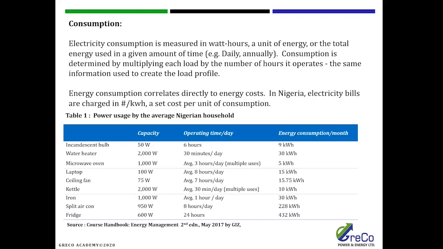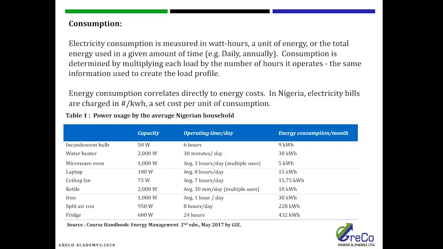300 watt hour. But let's have something in our mind that this energy consumption is in month rating. So that means whatever we are getting from this place, which is 300 watt hour, must be multiplied by 30 days of a month, which brings it to 9,000 watt hour. And if we are to put the unit in a kilowatt hour unit, the 9,000 becomes 9 kilowatt hour. So that means in this particular month, this incandescent bulb will be using 9 kilowatt hour throughout if it were to work 6 hours in a day for this particular